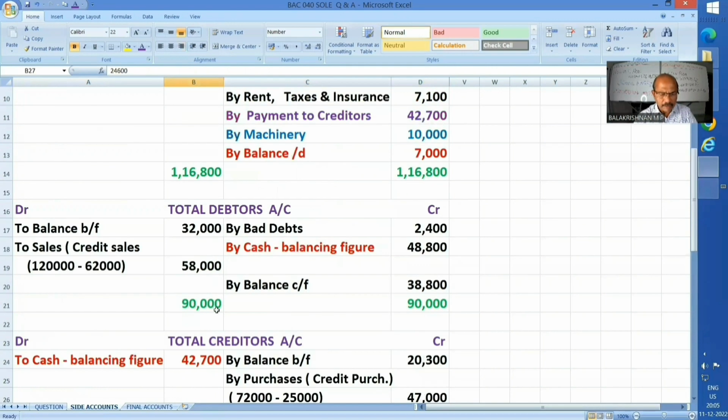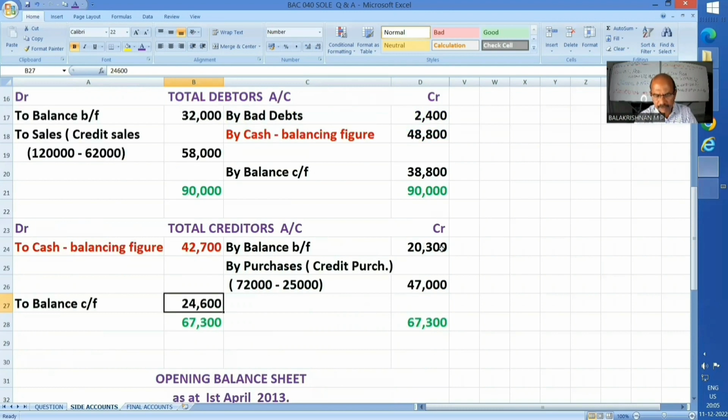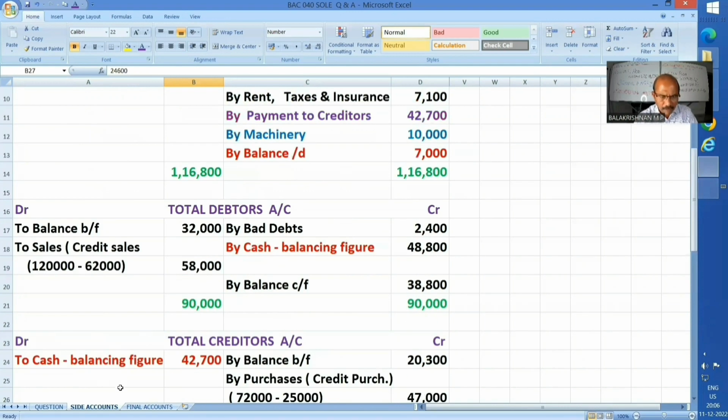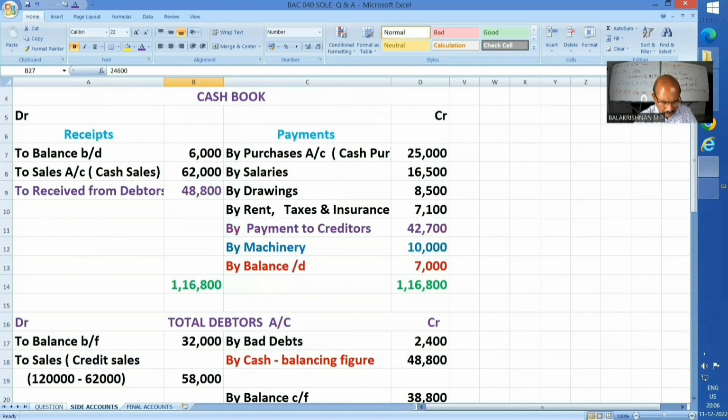Okay, and this technique you keep in mind. An account's opening balance comes on one side, which means diagonally opposite has to be its closing balance. This will help you when in future you will be doing a lot of side accounts, especially for your cash flow statement and other things. An account's opening balance comes on one side, means diagonally opposite will be its closing balance. Here also, see, here and here. These techniques will help you, right? Now let us place all other available information on the body of these accounts, right?